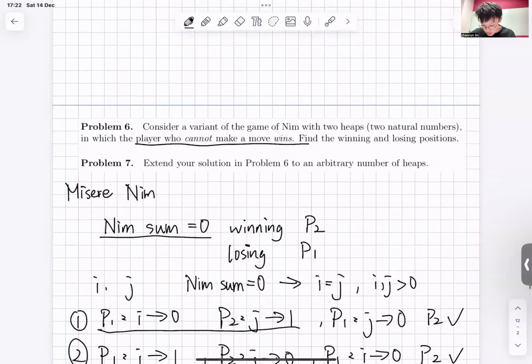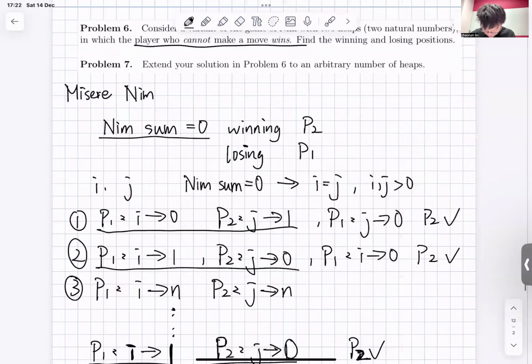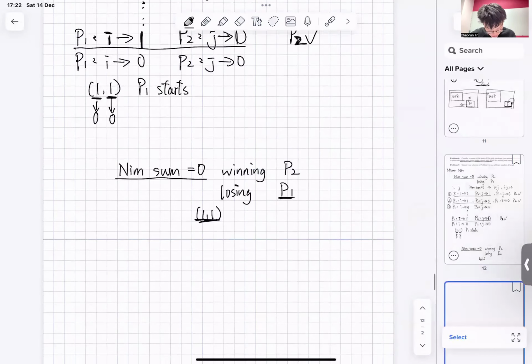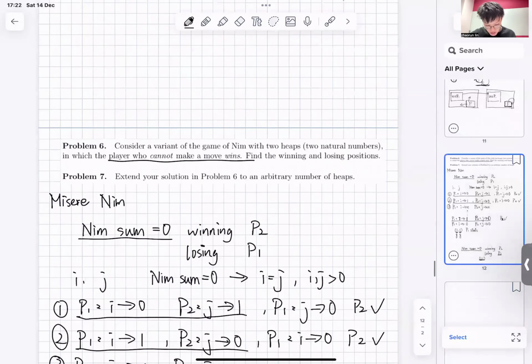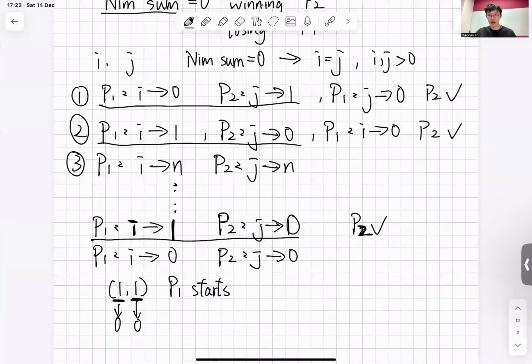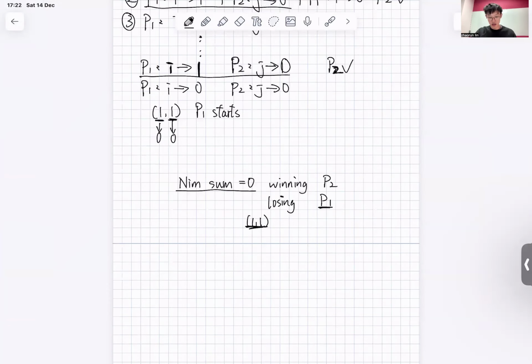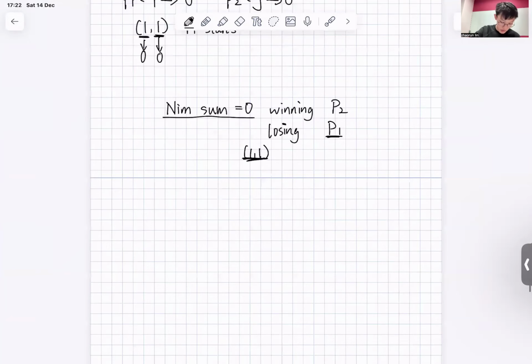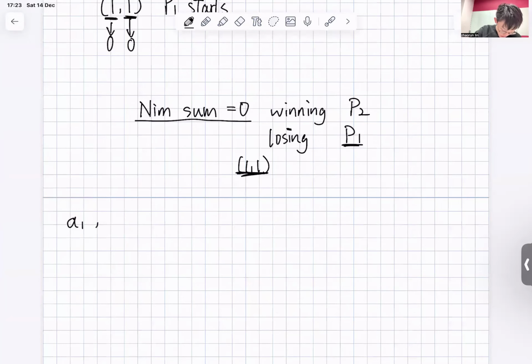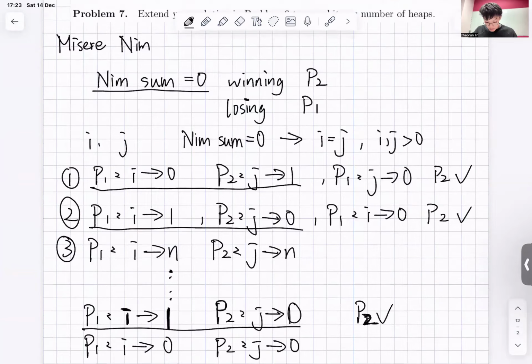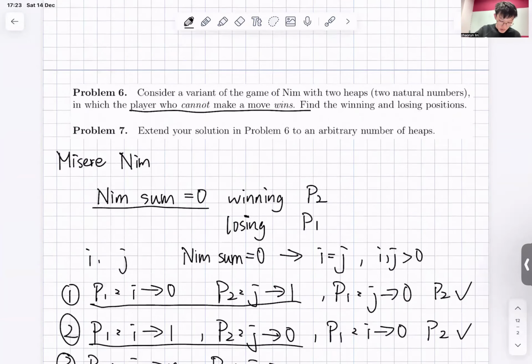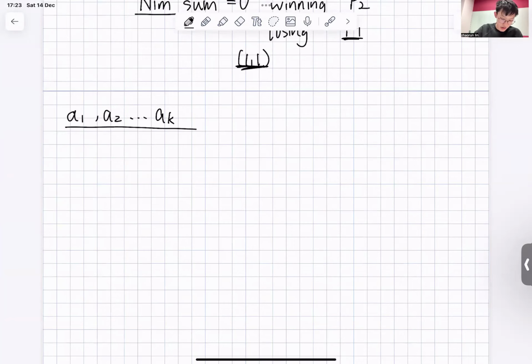And for problem 7, it is similar. We just have to consider, for all the nim sum part, they are the same for problem 7, except that for all the numbers from A1 to AK, arbitrary numbers, we have to see how many. So if we have A1, A2, all the way to AN, where N is even,